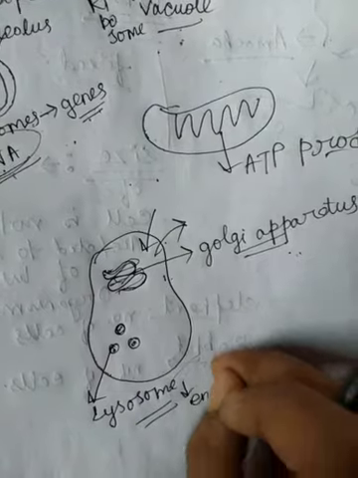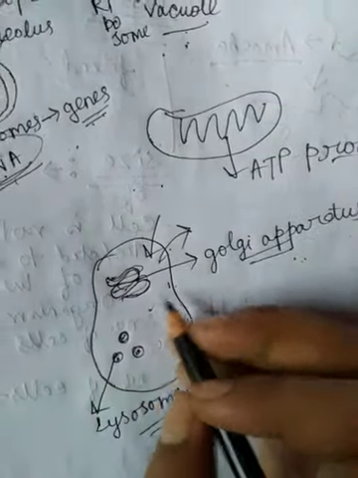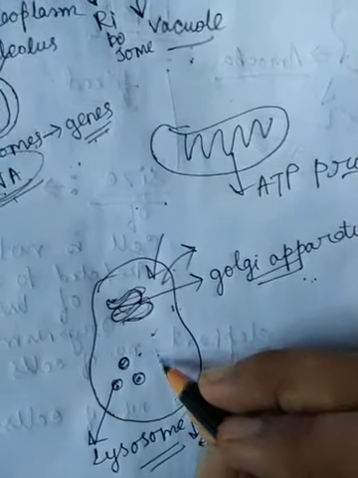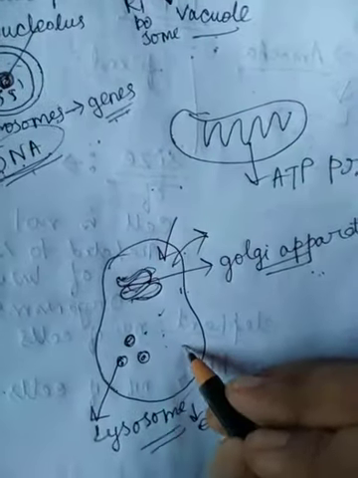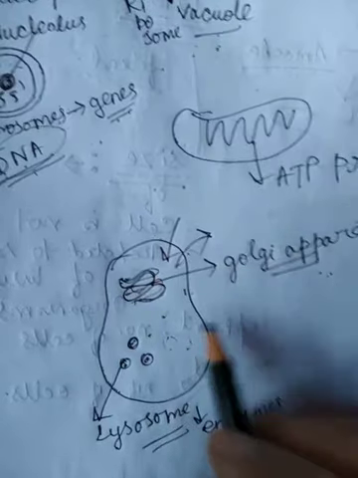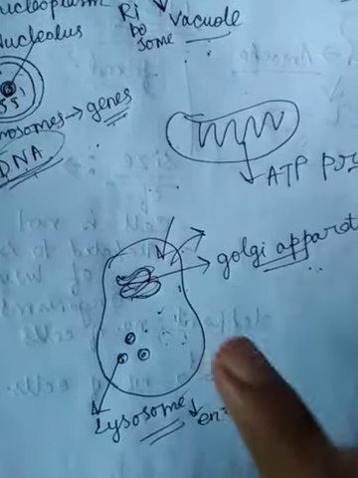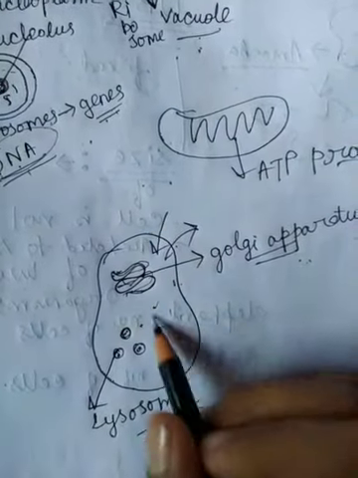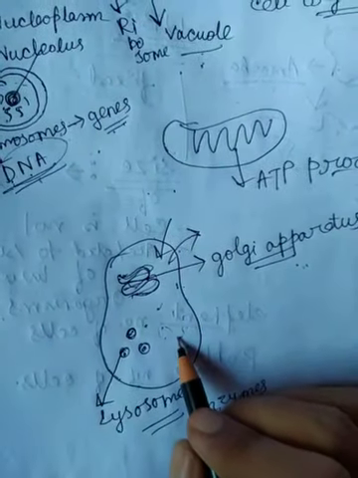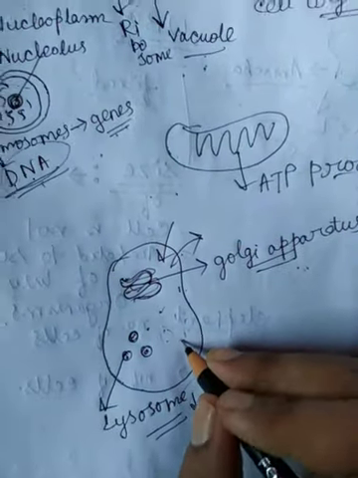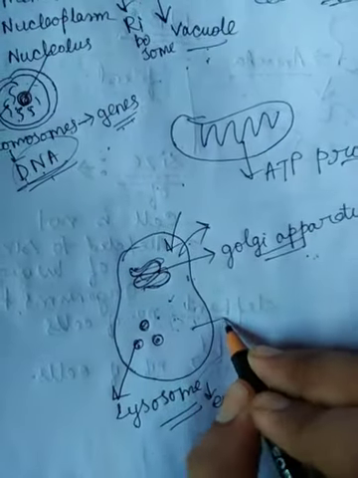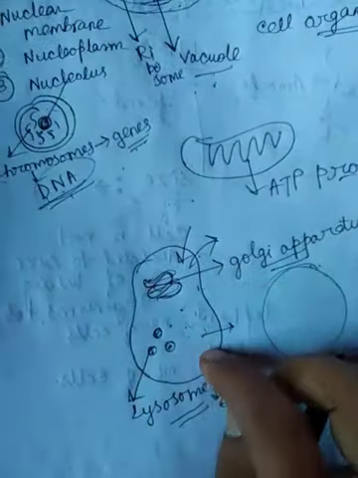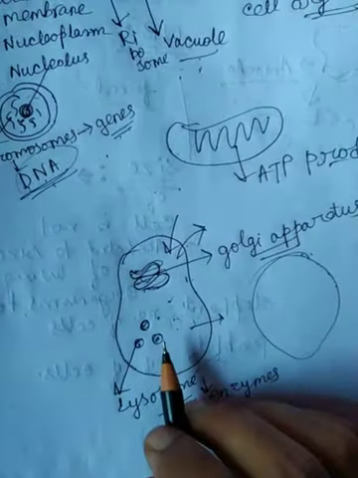These enzymes digest the proteins that are present in the cell and ultimately help to break down the total damaged cell. So when the cell is damaged, the lysosome releases enzymes, and these enzymes help to break down the overall cell, and that damaged cell can be easily used by the nearby cell. So suppose the cell is damaged, then what will occur?